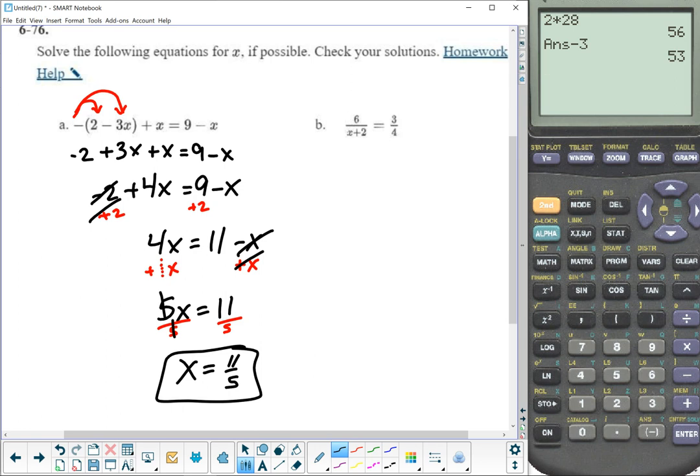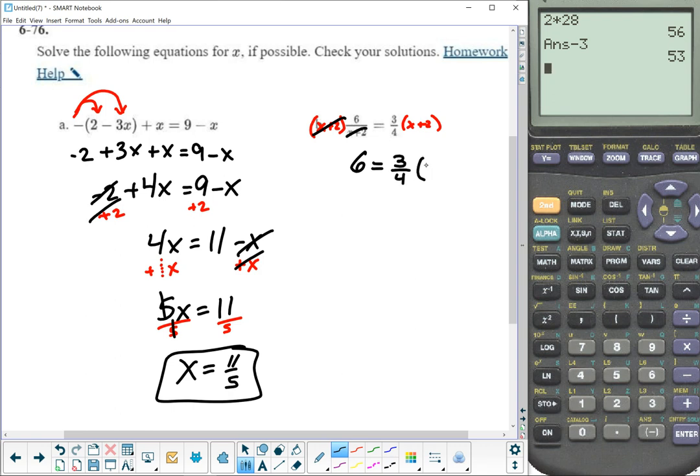All right. Second one. Go ahead on this one. We're going to go ahead and multiply both sides by X plus 2. X plus 2. Right? Because it's dividing by X plus 2. What's going to happen is these are going to cancel, and I'm going to get 6 equals